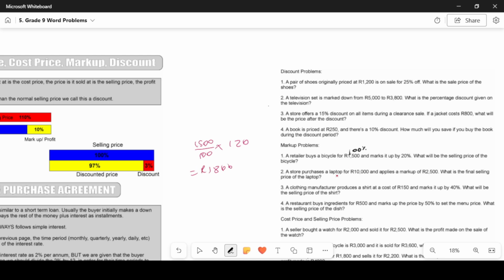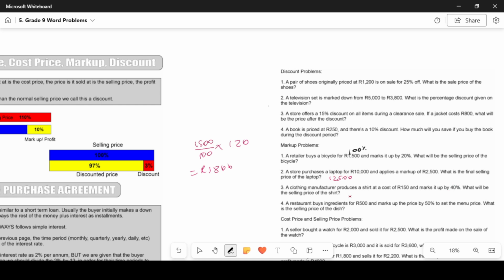A store purchases a laptop for 10,000 and applies a markup of 2,500. What is the final selling price of the laptop? Cost price plus markup should give you 12,500. Straightforward question. A clothing manufacturer produces a shirt at a cost of 150 Rand and it marks it up by